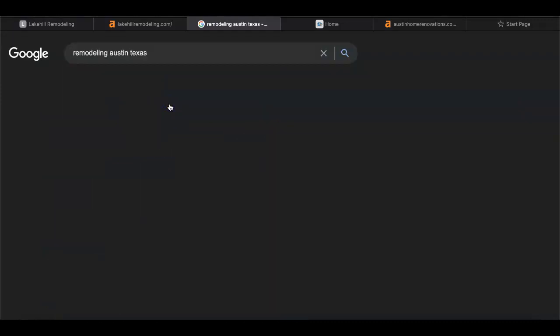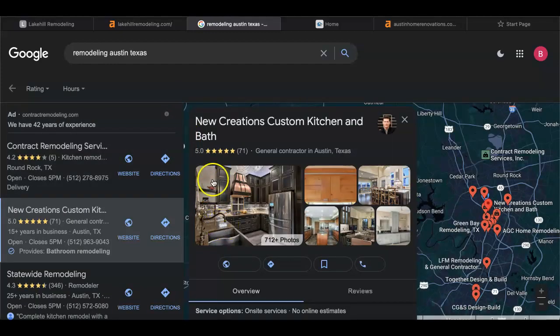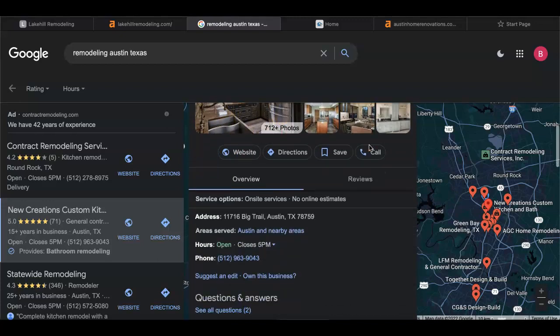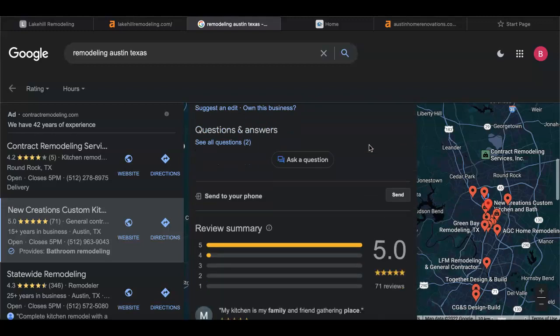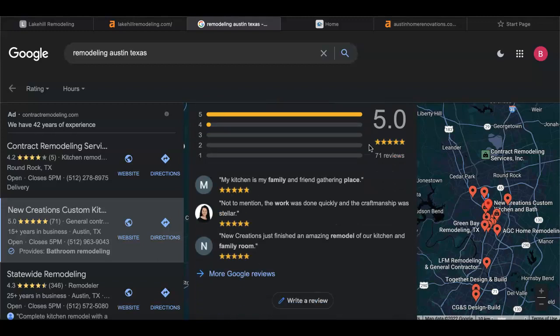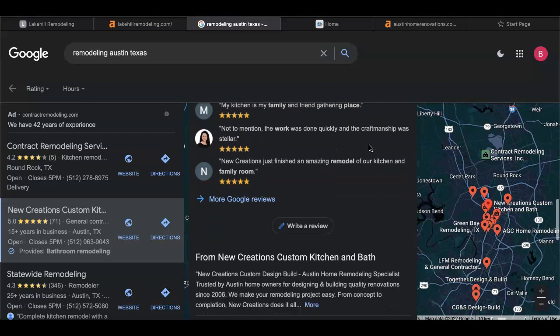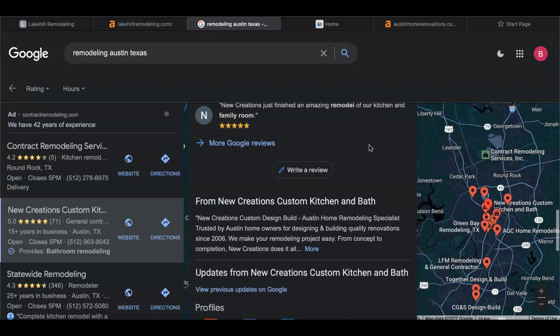And on tips on actually ranking within this map pack section here, you want to create your Google profile, first of all. Secondly, you want to get consistent good reviews from your customers on the profile. And then also you want to make sure that you respond to those reviews. A lot of businesses, I should say, do not know to respond to customers, or they actually just don't respond at all. So you want to make sure that you do that, and that is going to actually help your position within